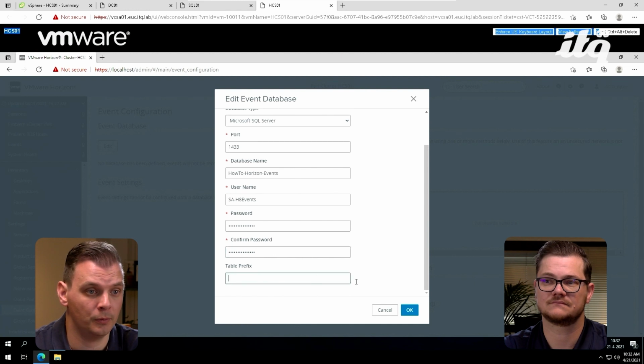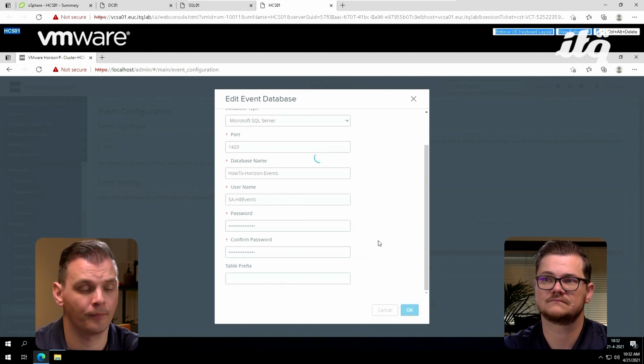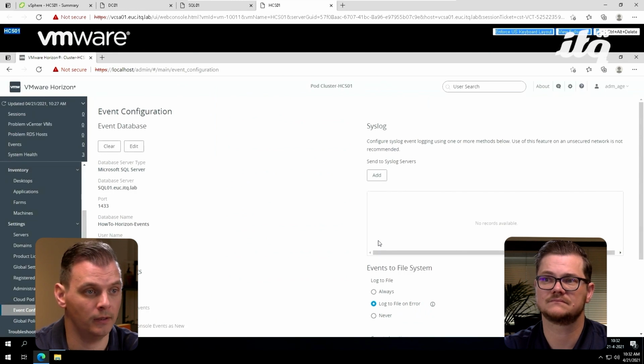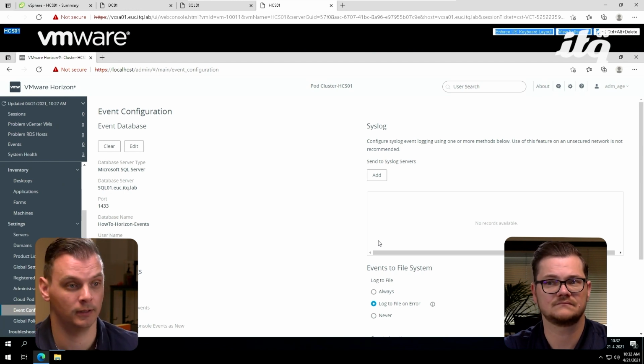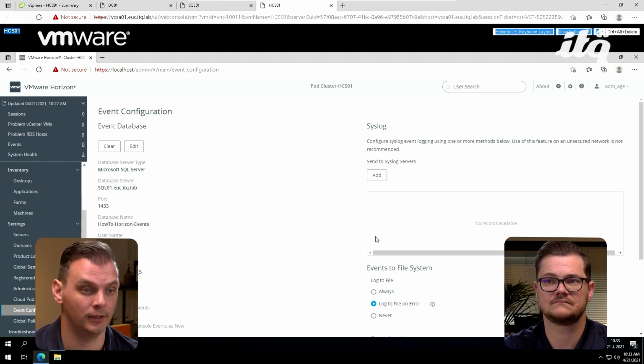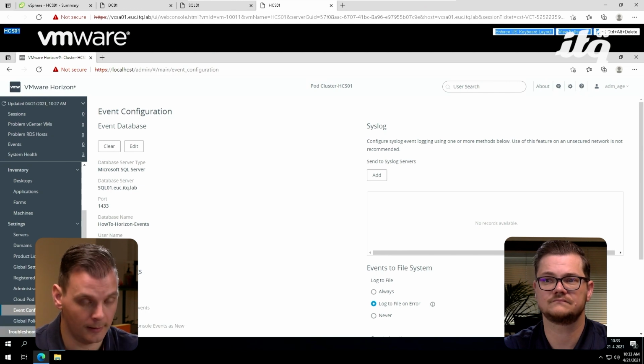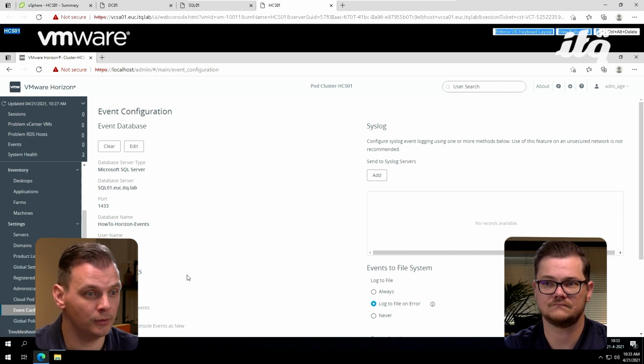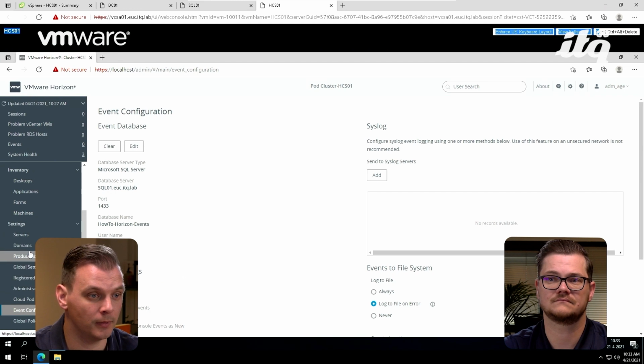The table prefix we leave default and we select OK. So we now have a database for our events. If something happens within Horizon, it will get registered in the database. You also wanted to configure some other settings, which were